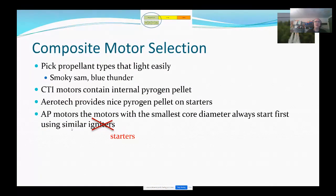All right. So in terms of composite motor selection, you want to pick propellants that light easily, such as Smoky Sams or Blue Thunders. CTI motors contain an internal pyrogen pellet, and Aerotech motors have a nice pyrogen pellet. And AP motors with smaller cores will light faster and have less variability in the time that they come up